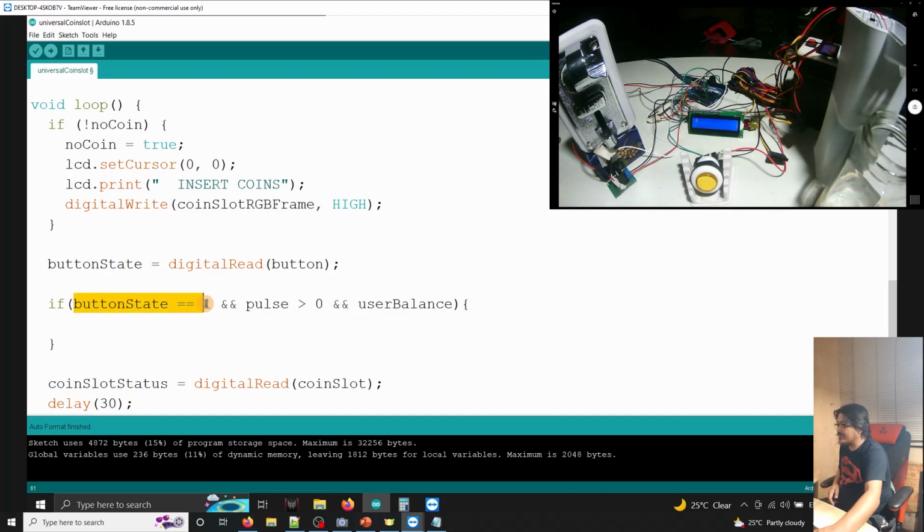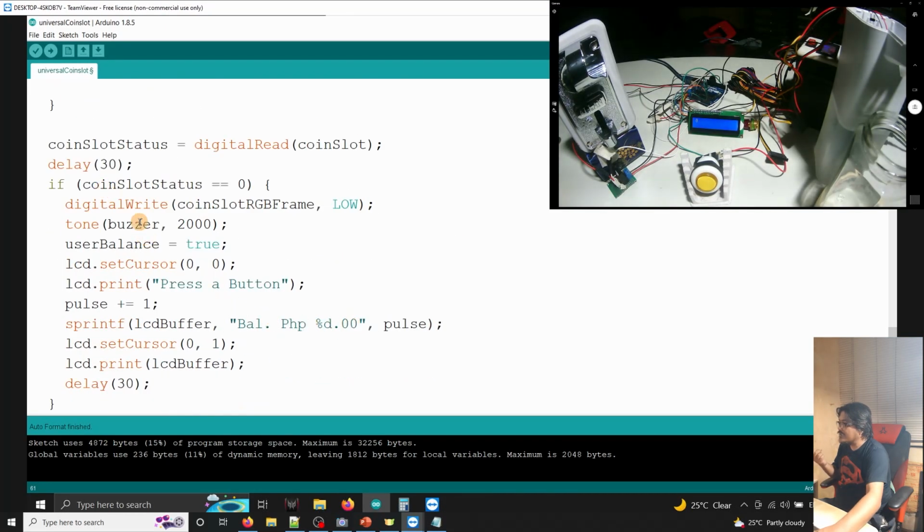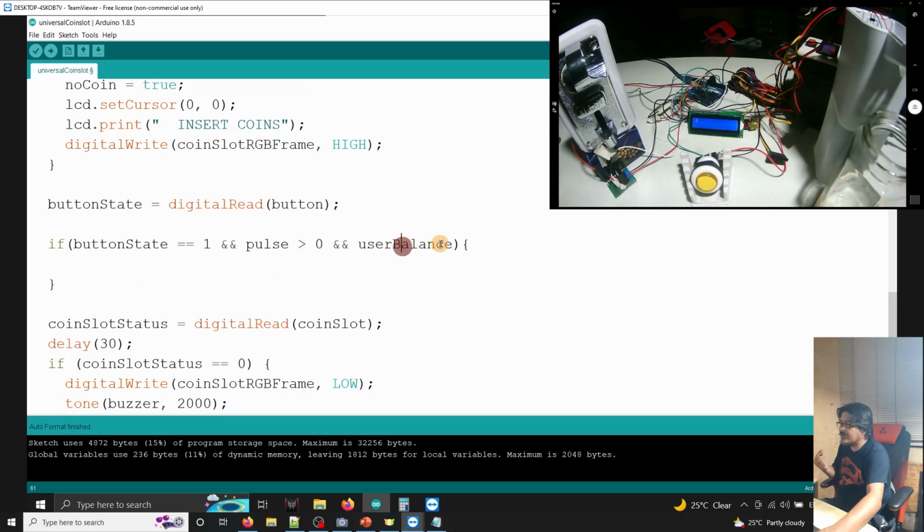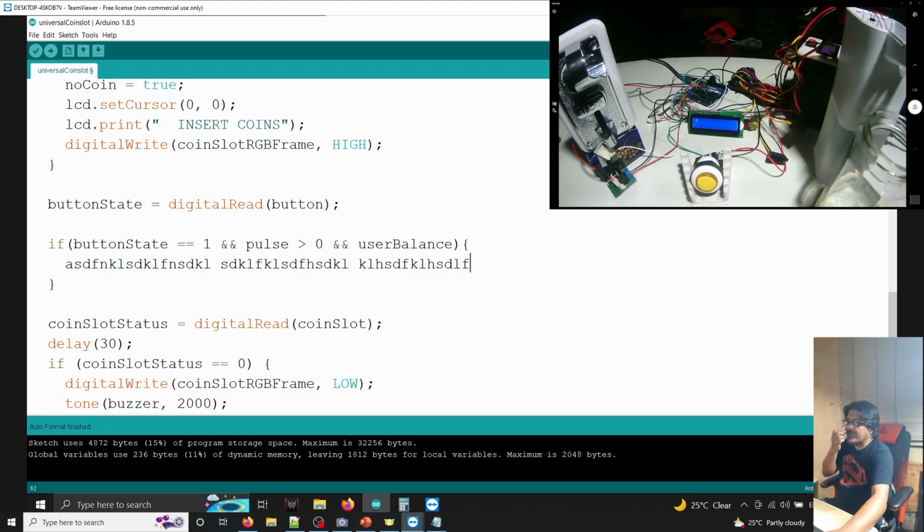So check, the first condition is check. And of course, kasi may hinulog siya, more than 0 na yung pulse, no? And lastly, nung naghulog siya sa conditional statement na to, ng Coinslot status, ang user balance value becomes true, and this is also true. Then, the Arduino will execute whatever command we put here. Okay, I hope I made that clear and simple, but kung may question kayo, just put it at the comments